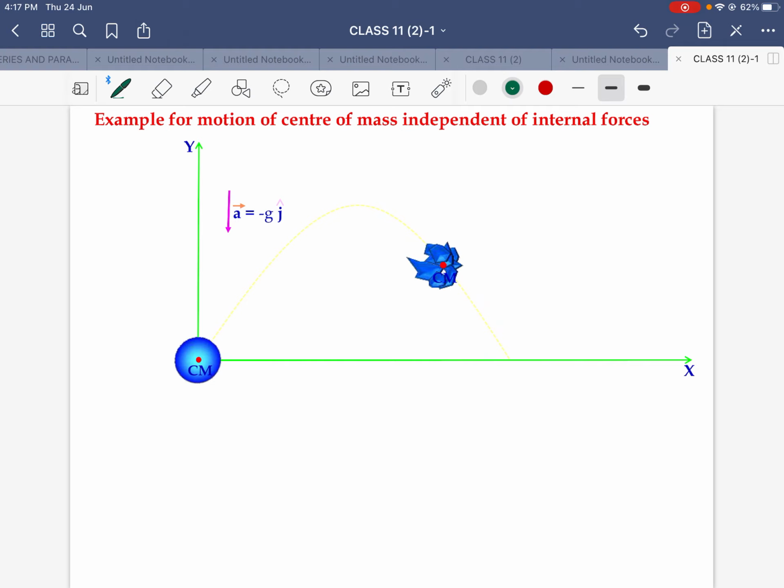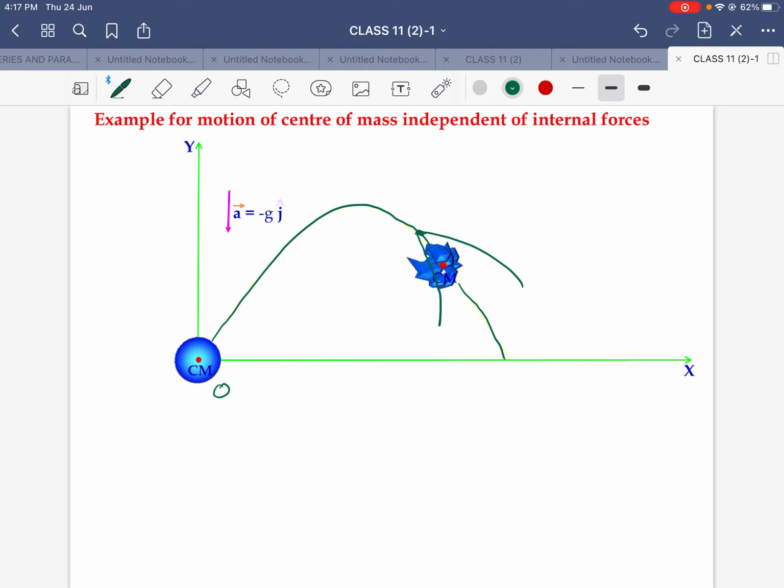Consider a projectile fired from the origin. Along its trajectory, or along its path, when it is moving, it explodes into different fragments. The projectile is following a parabolic path as shown in the figure. This is the parabolic path followed by the projectile when fired. It explodes into fragments midway in the air. Suppose this projectile explodes into two fragments, one going along this way and the second going along this way.